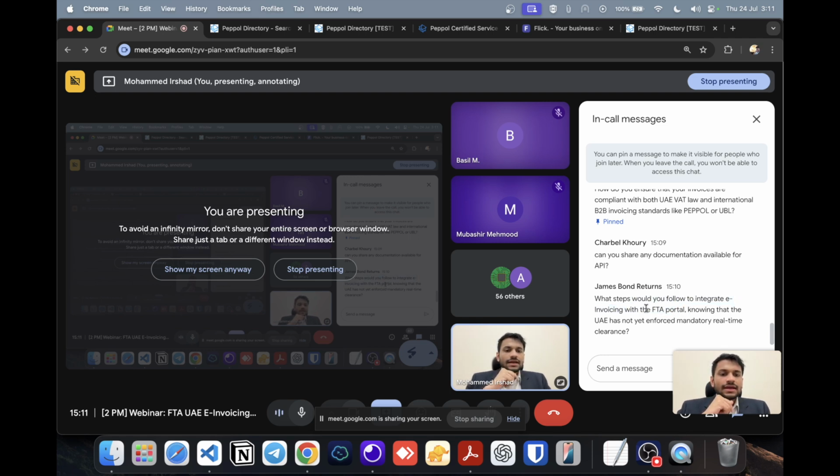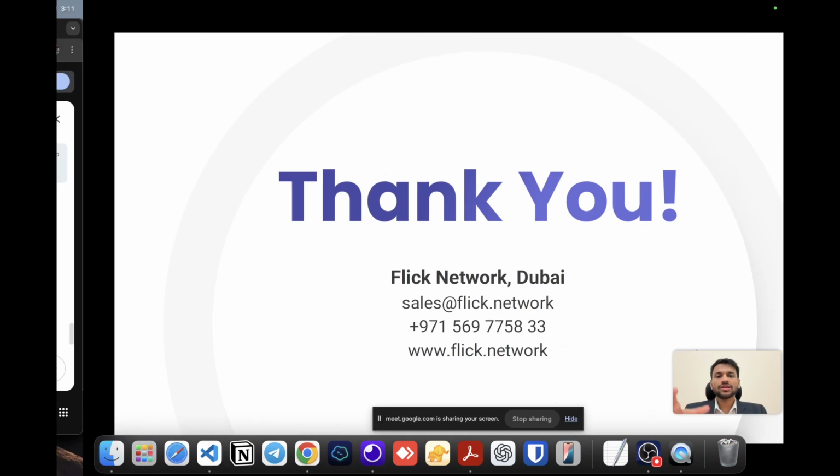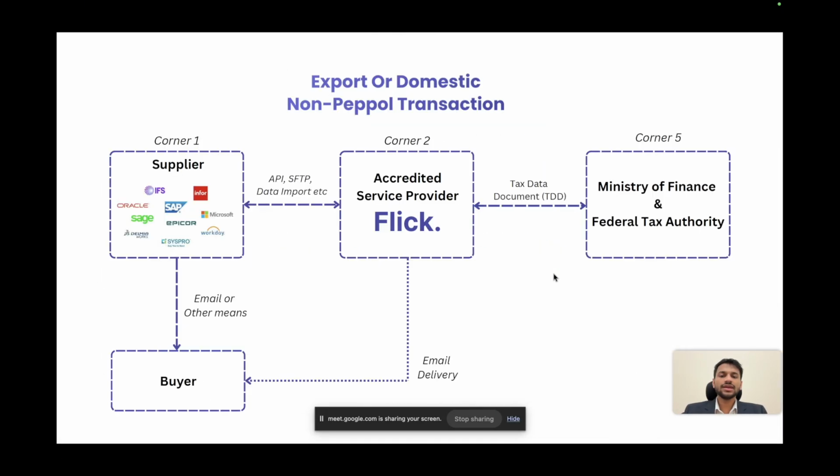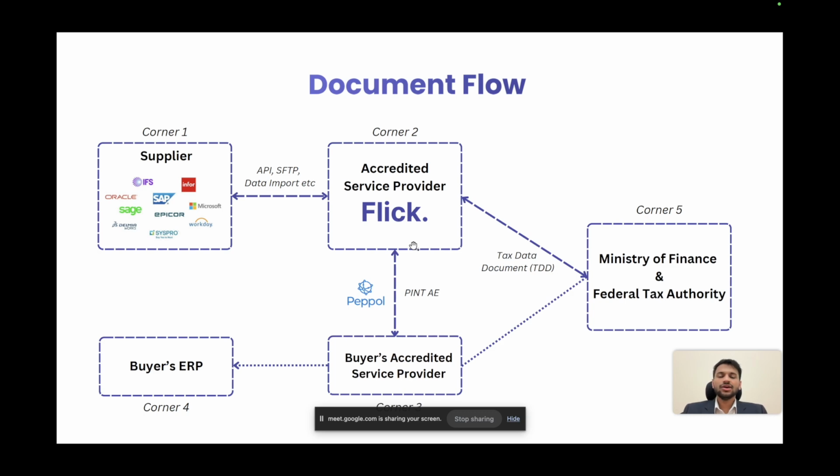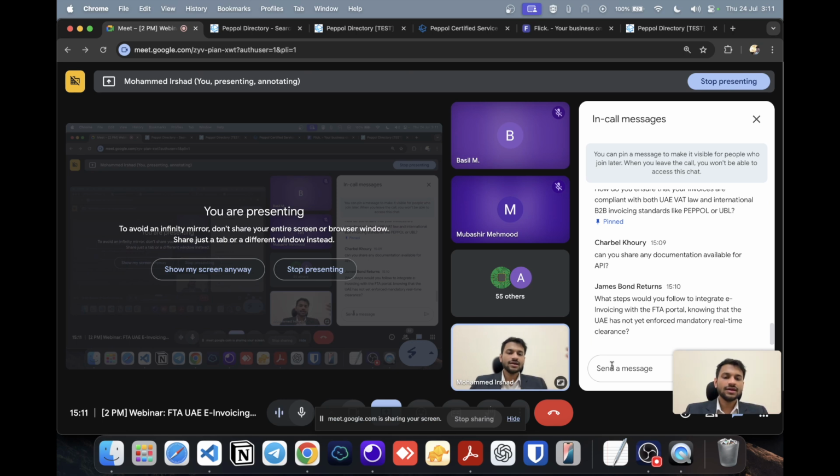What steps? No, when I say the legislation has not been fully released, what I mean is what kind of transactions need to be included in the e-invoicing requirement and all these things. But most aspects about the infrastructure of the Peppol, the five corner model and all these things are already ready with the FTA side. So for vendors like us, we have access to dedicated MR tax portal that are sandbox